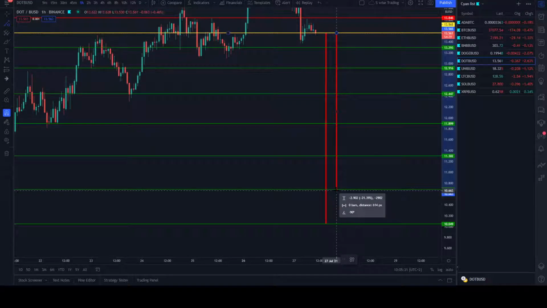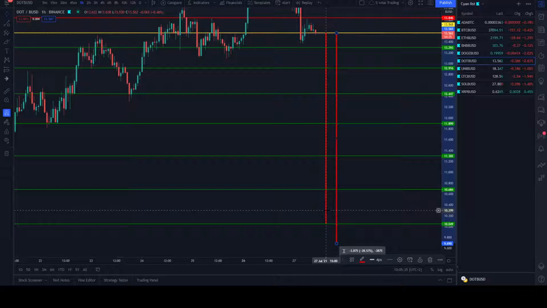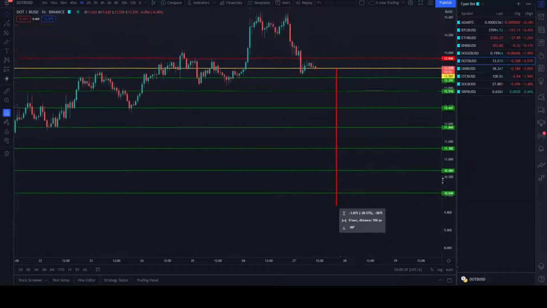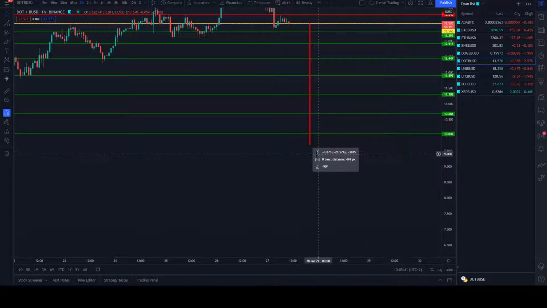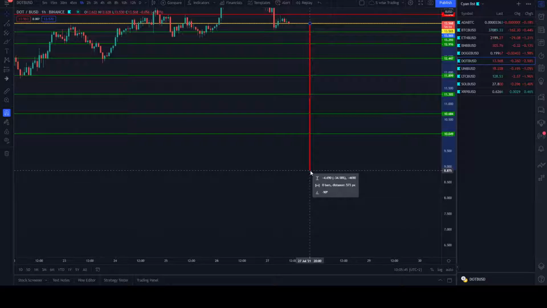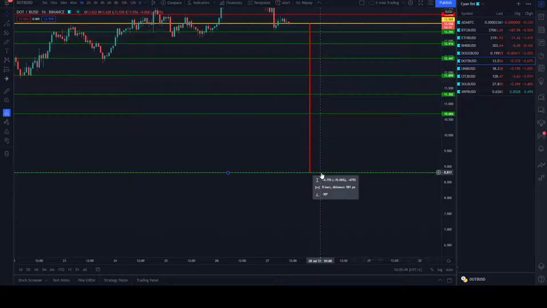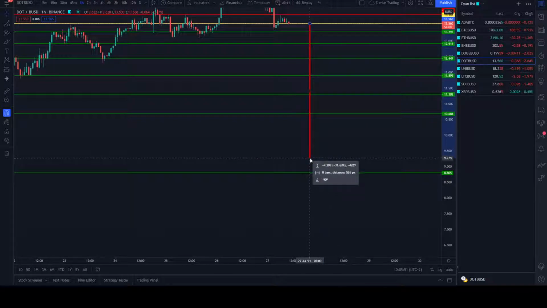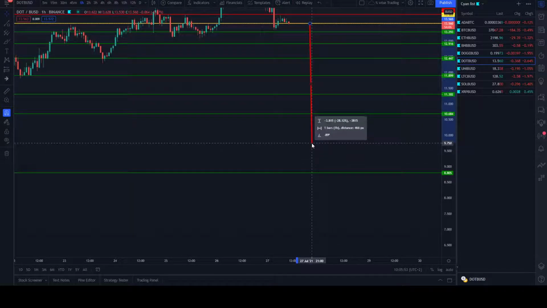Let me just see, did I use the right one? I didn't use the right one. Let's just fix this. I used the wrong trend line with the wrong averages. There we go. I wanted to say the numbers didn't look correct. So make sure when you draw out your percentages, you use the correct percentage line.